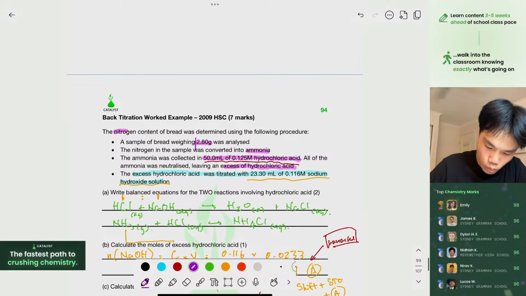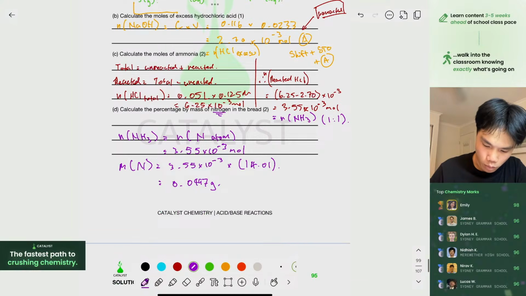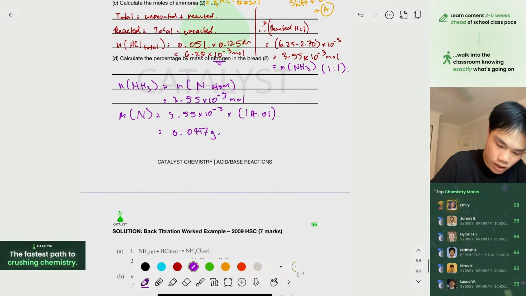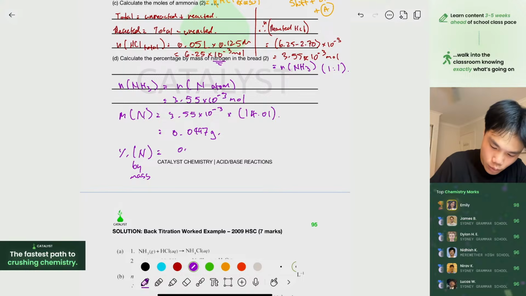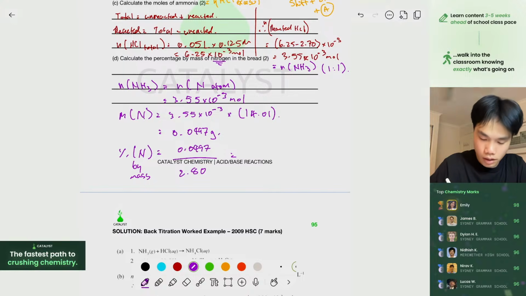And because we had 2.8 grams total, we can now find what percentage of nitrogen existed in the 2.8 grams of bread. So the percentage nitrogen by mass is equal to 0.0497 divided by the total mass 2.8, times 100% to give it as a percentage, which equals 1.78%